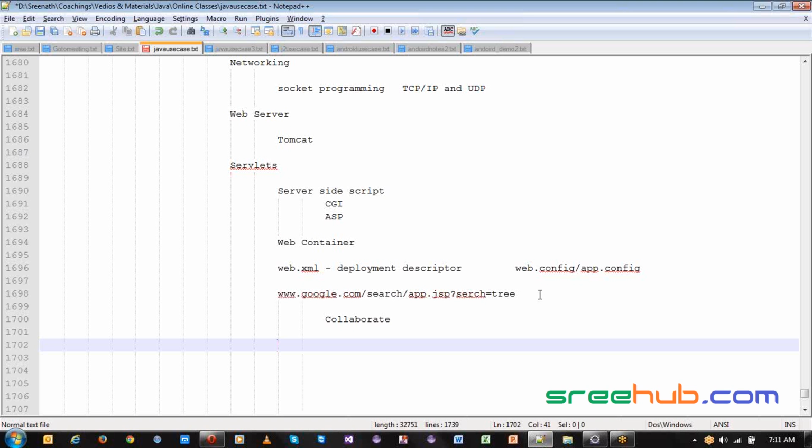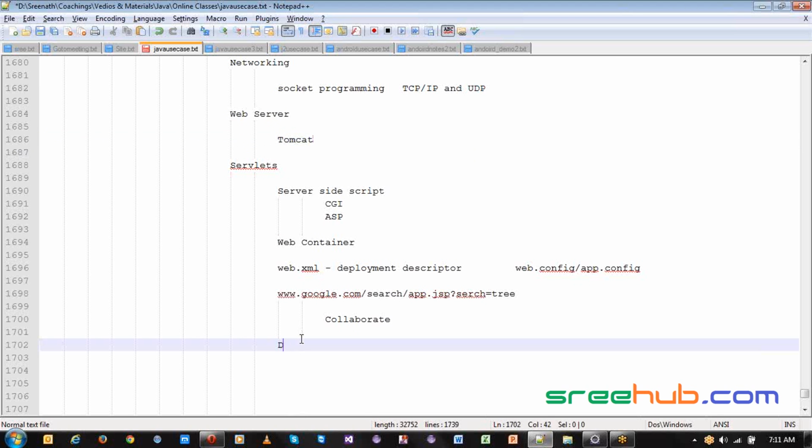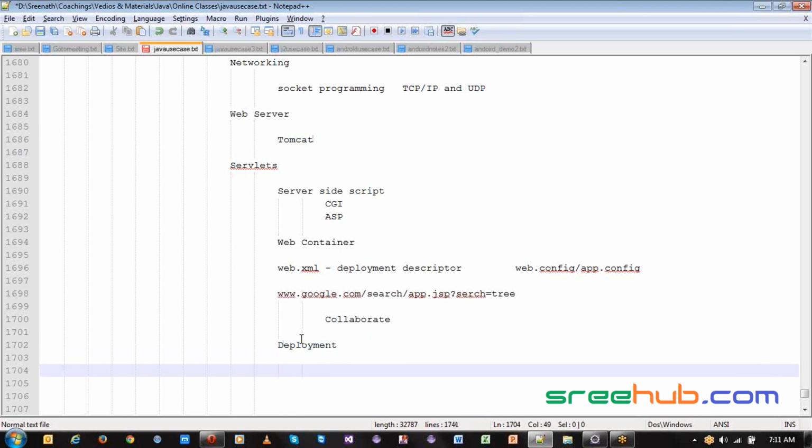Now this is something which is very important. Deploying is something, let's say you have developed a website and you want to deploy it on some web server. When we are learning Tomcat, we'll actually learn two different types of deployments. The first will be using Tomcat in your Eclipse, because unless